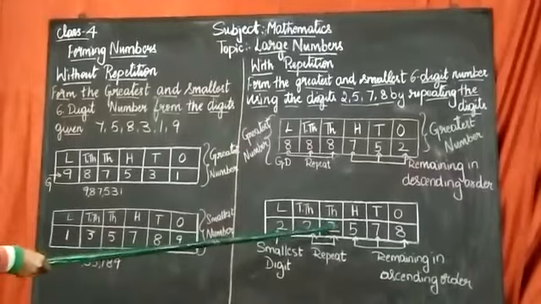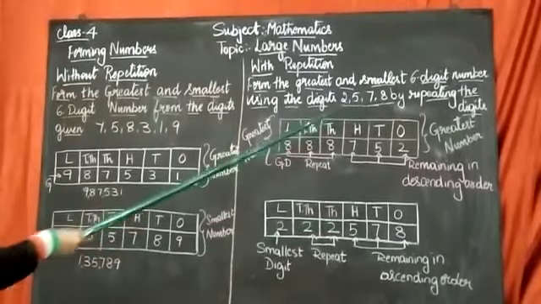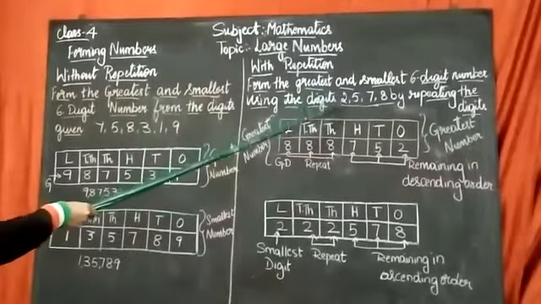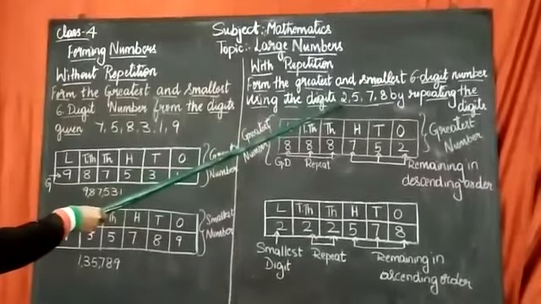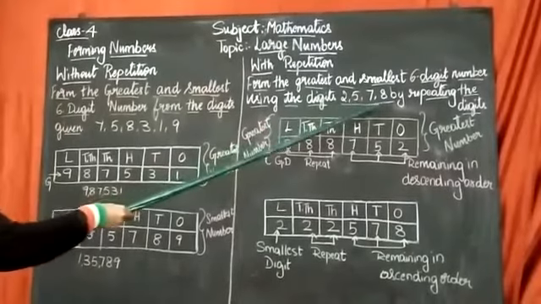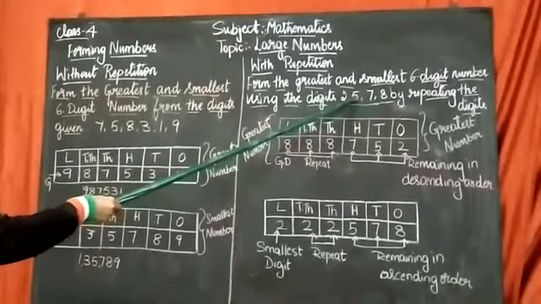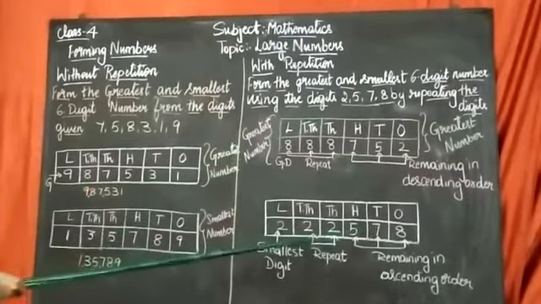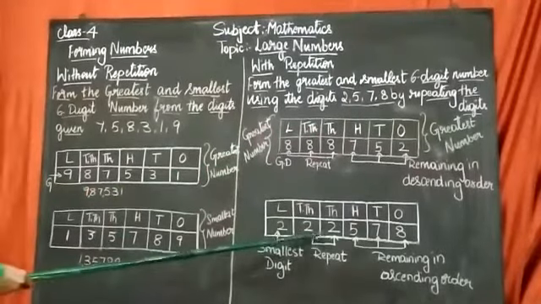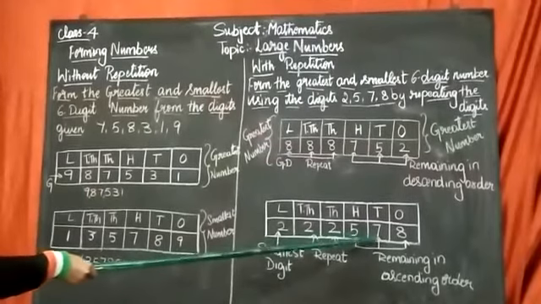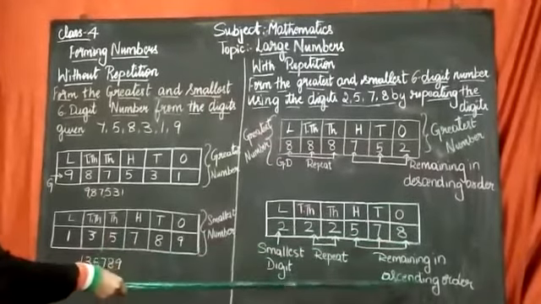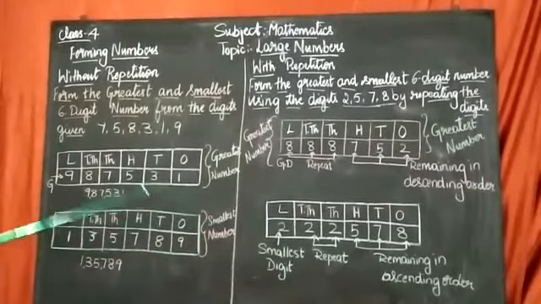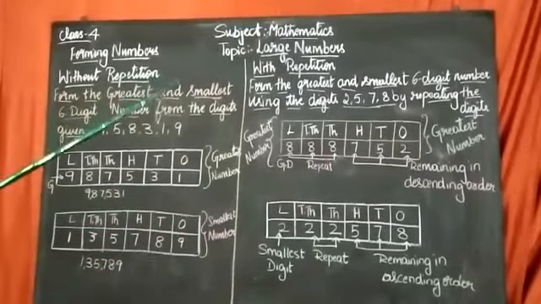Then arrange the numbers again in which order? Ascending order. Ascending order means smaller to bigger. So after 2, which is the smallest here? Yes, 5. Then after 5, 7, then 8. So we got here 2,22,578. We got the smallest number. Did you get, students, how we did this without repetition and with repetition?